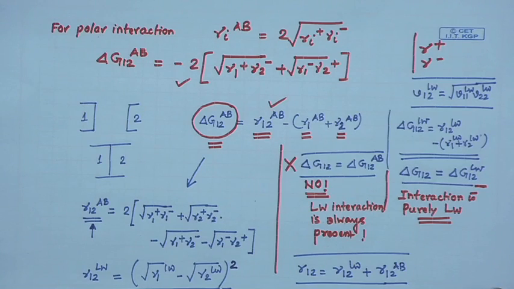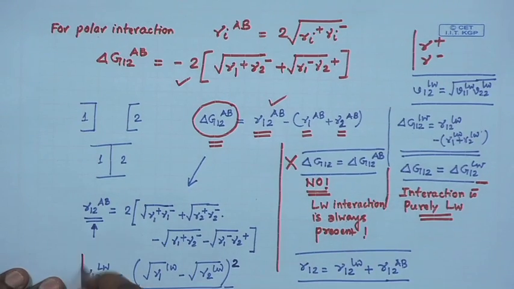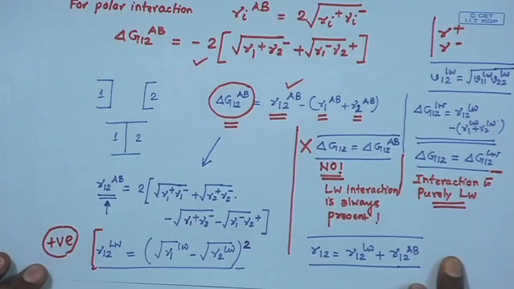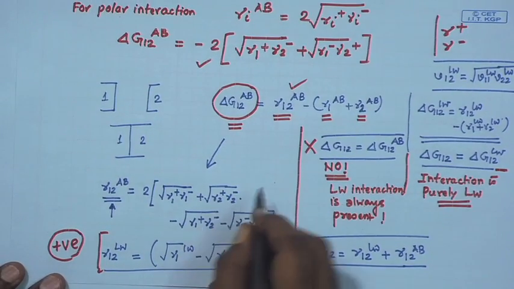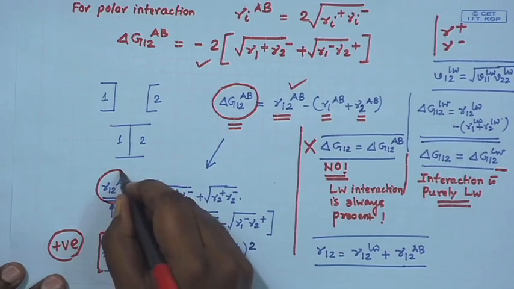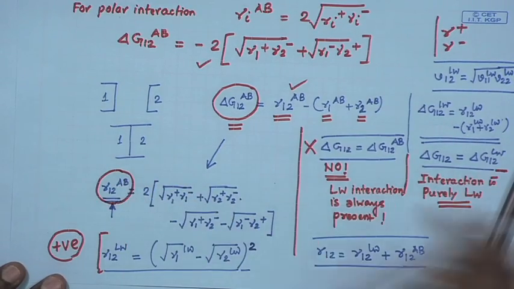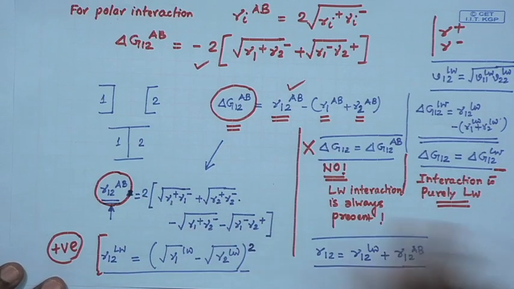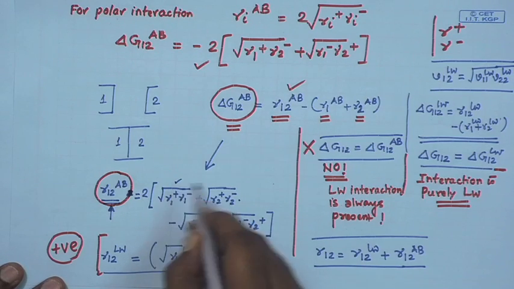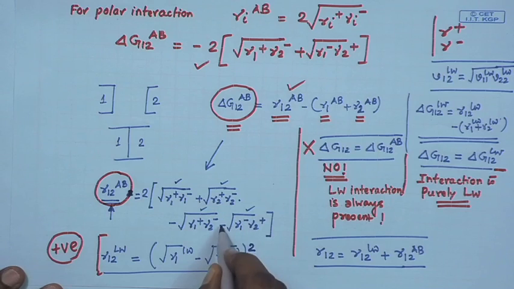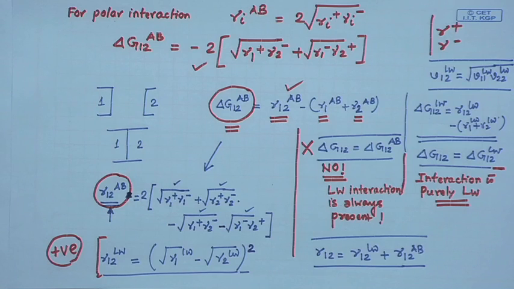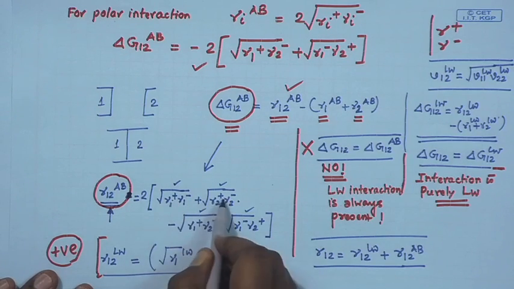And here you note something interesting. We have already seen that this term is going to be positive no matter what is the magnitude of gamma 1 and gamma 2 LWs. However, here you see that gamma 12 AB can be positive or negative, and it depends on the numerical values of these individual components, because these all come under root. So, individually all these terms are positive, and since all these terms are positive, now one in fact needs to look, or in other words, gamma 12 AB is going to be positive if the total cohesive polar